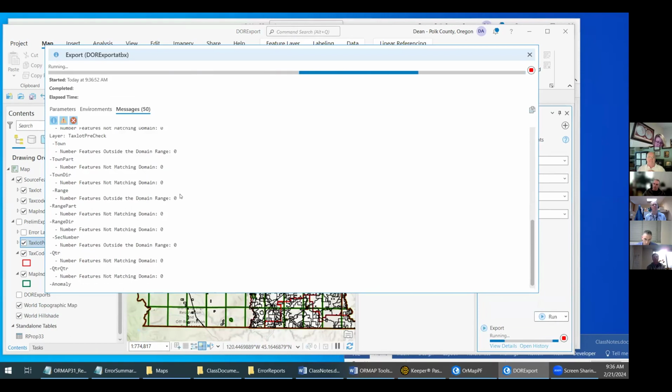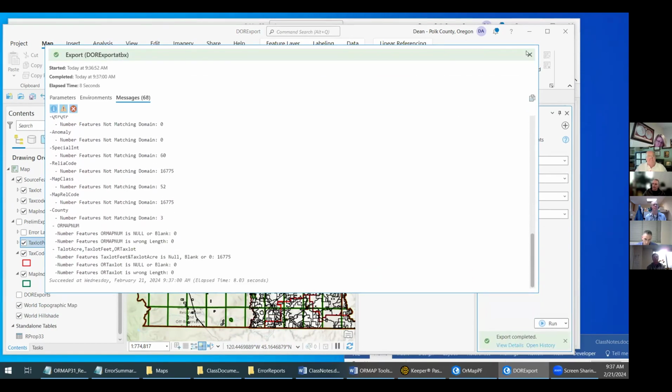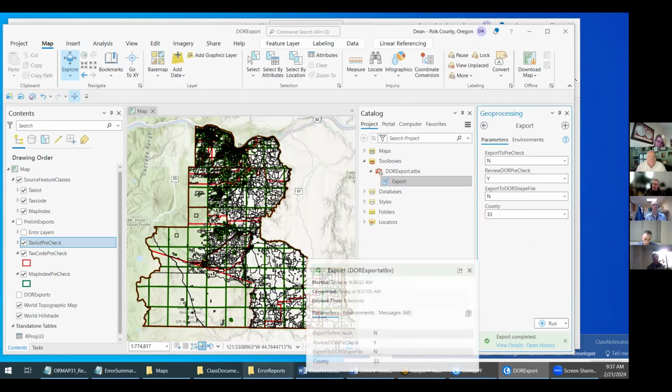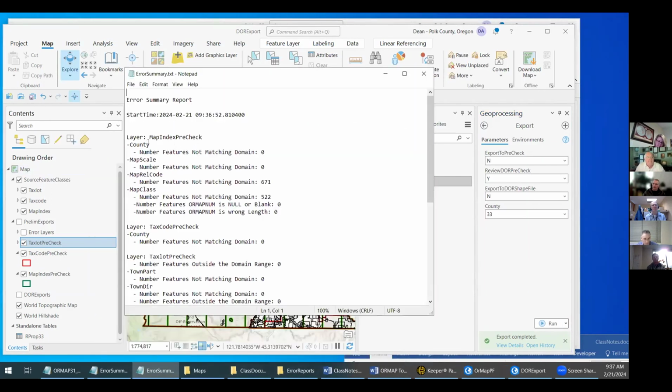And it's just printing out all the potential errors that I may have. And it also makes that as a report. So in this particular case, it's doing the map index pre-check, and it's saying, oh, all your counties are good. All your map scales are good. But there are